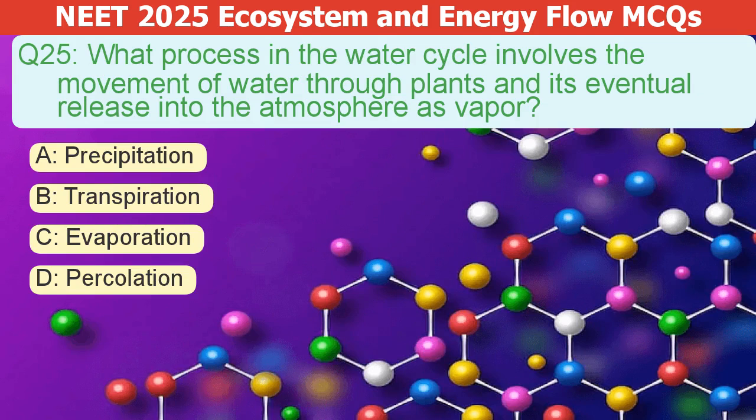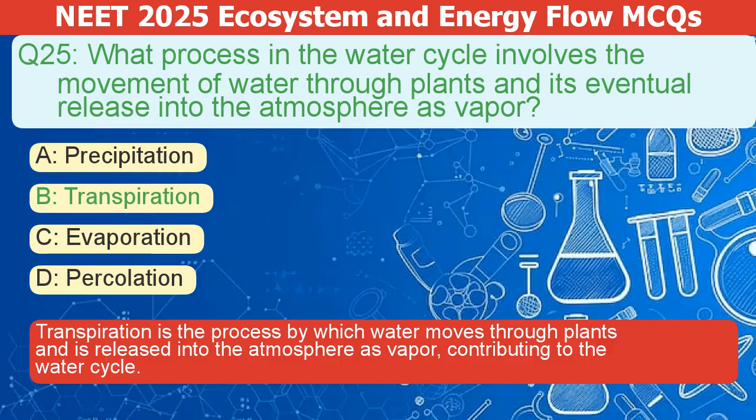What process in the water cycle moves water through plants and releases it as vapor into the atmosphere? A. Precipitation. B. Transpiration. C. Evaporation. D. Percolation. The correct answer is B. Transpiration is the process by which water moves through plants and is released into the atmosphere as vapor, contributing to